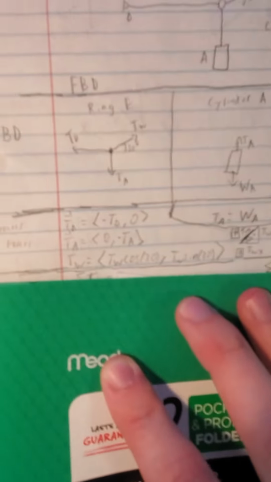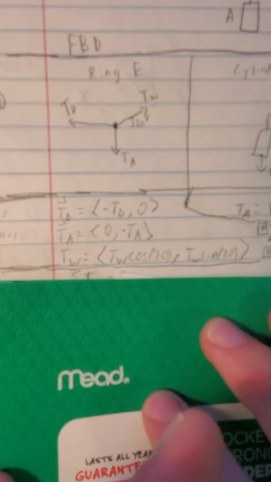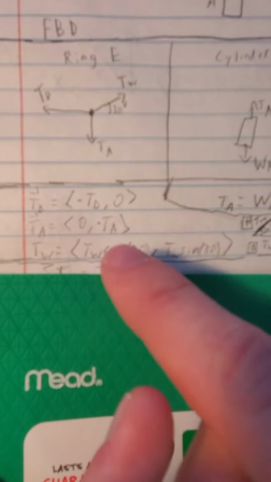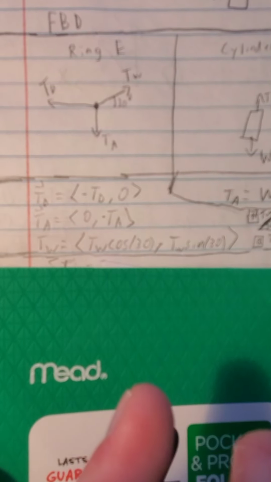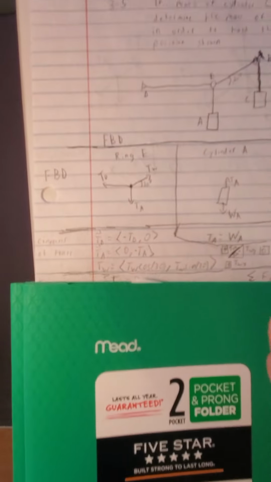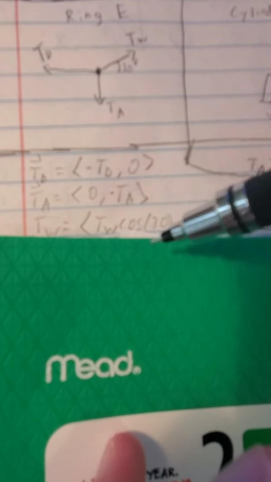find the components of the forces, or the direction that the forces are acting in. For TD, it is acting in the negative x direction here, so you label it negative x, and there's no force in the y direction, so it is 0 here. And for TA, it is acting in the negative y direction here, so you say 0, negative y, because there's no x component of TA. And for TW,